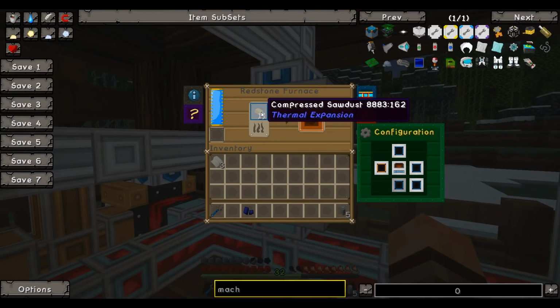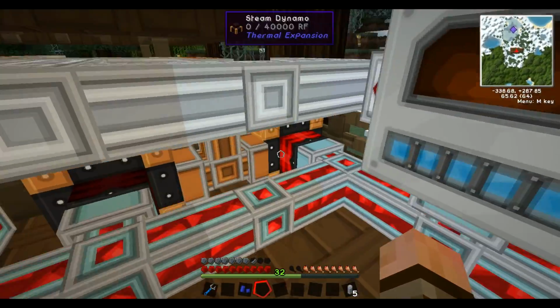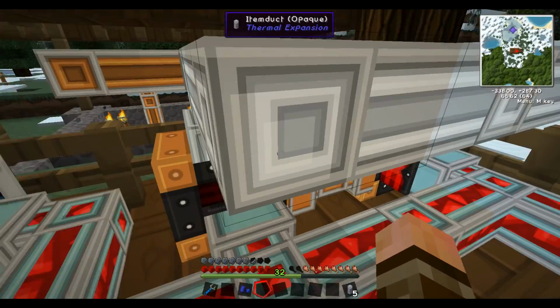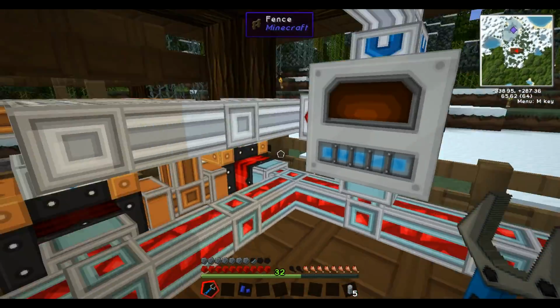Okay, so the compressed sawdust is automatically going to get sent to the nearest available opening, which is this steam dynamo over here that I can barely reach. But yeah, we're throwing in some charcoal. Now, I want it to evenly distribute between these. I don't want it to always go to this one steam dynamo. I want to make both of them work. For that to happen, I just need to... This is a little bit...